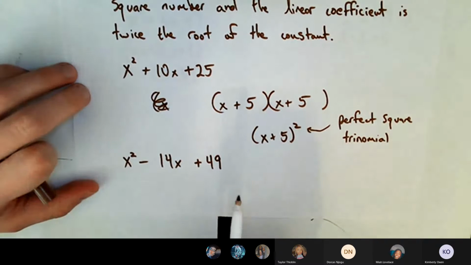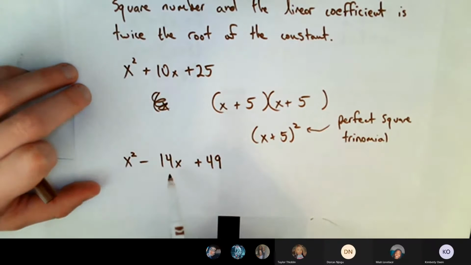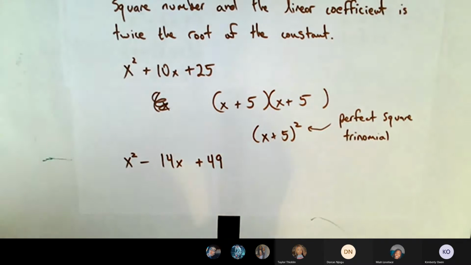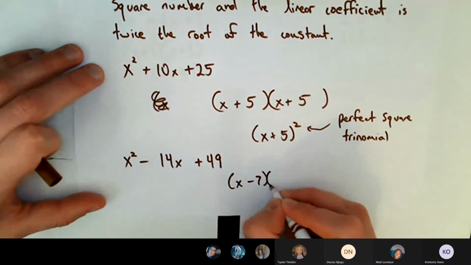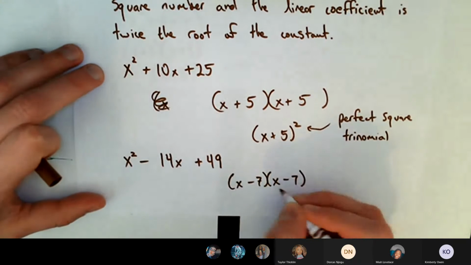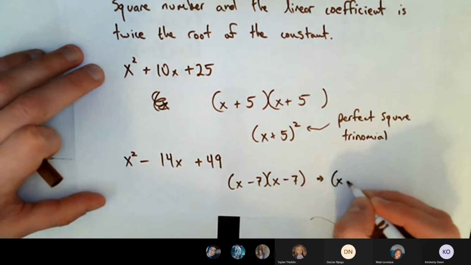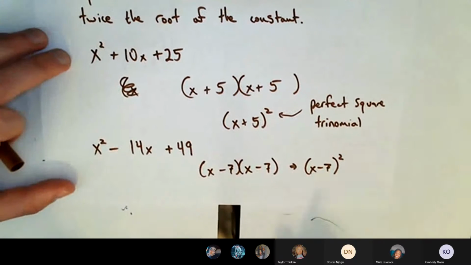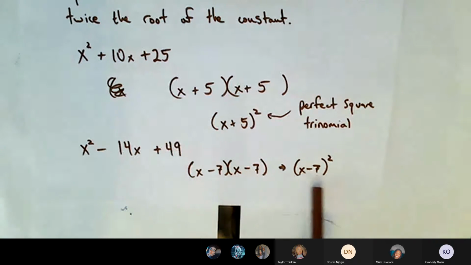And in fact, if I make the 7 negative and I double it, then I get negative 14. So this is a perfect square trinomial, and it's going to factor simply into x minus 7 times x minus 7. In other words, it's going to factor into x minus 7 squared, because it's a perfect square trinomial. It's a perfect square trinomial because it factors into a nice compact little